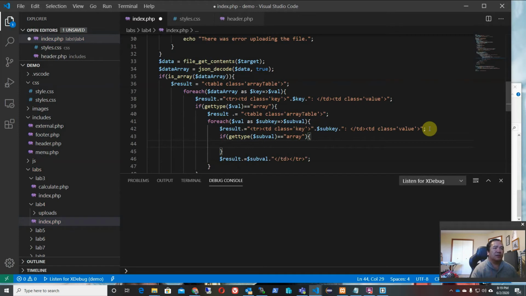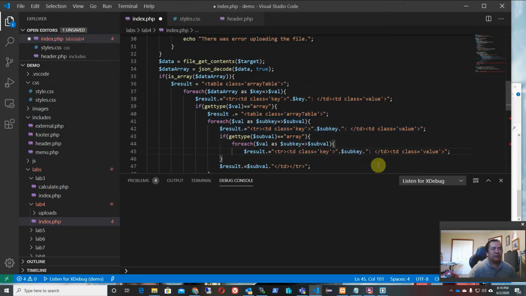So we're going to do this 3 times. So because we're doing that, then we'll have to loop again and do that. And then just like that. But instead of that, we use a subval. I'm gonna say, hey, lower key for lower val, right? So here with a lower val,